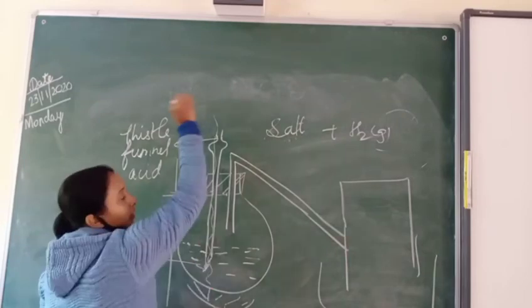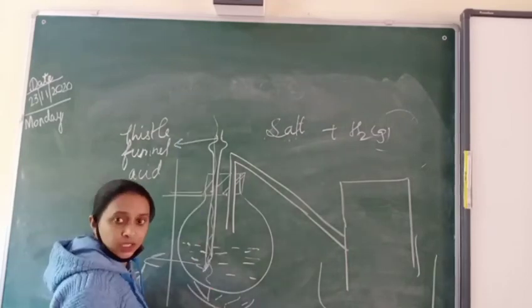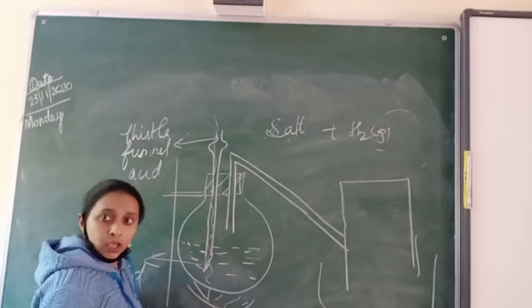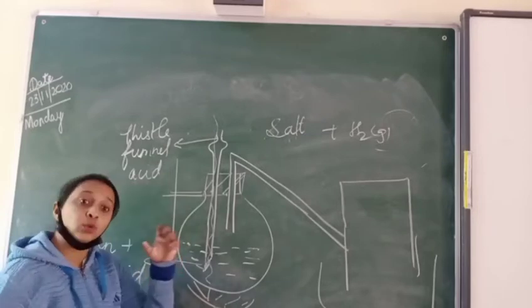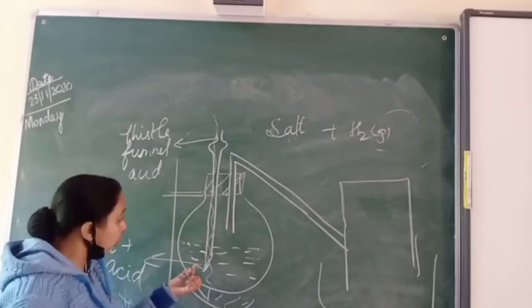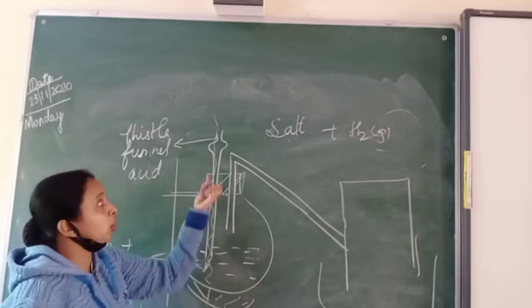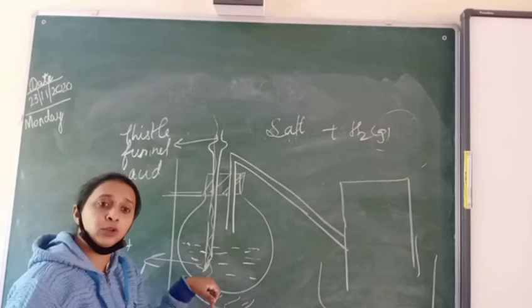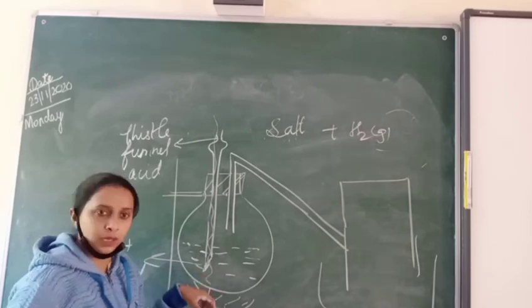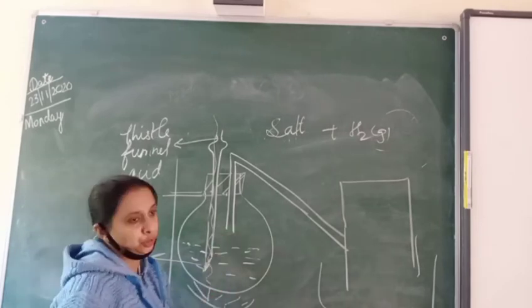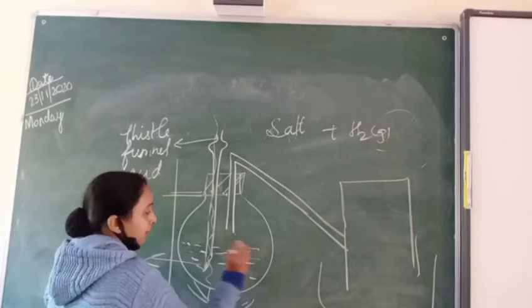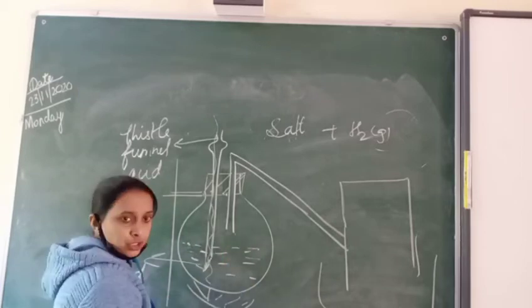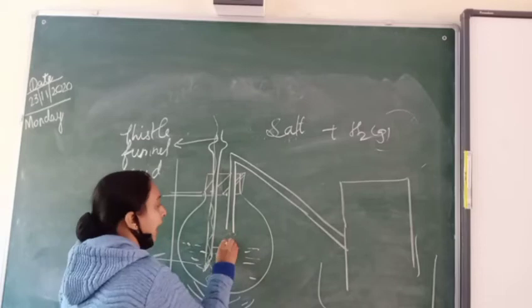So we don't want that, na? We want to collect hydrogen gas. So the hydrogen gas should not escape out through the thistle funnel. Hence the tip should be dipped into the solution. Are you getting? Then we have this bent tube. Now when the tip is dipped, the reaction will occur as you pour the acid. So hydrogen gas will move through the bent tube and it will get collected here.